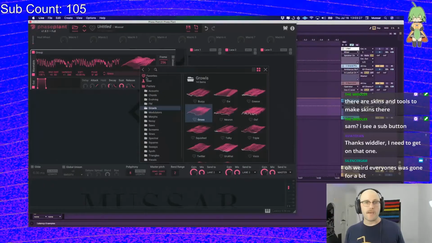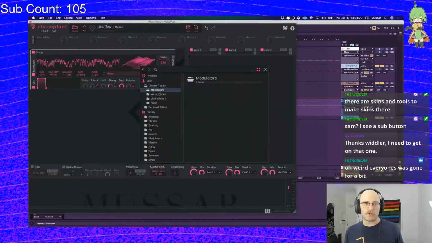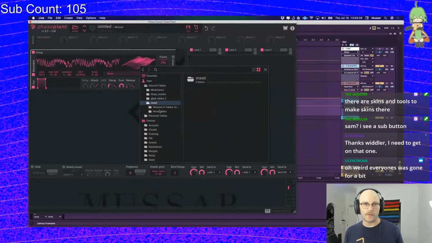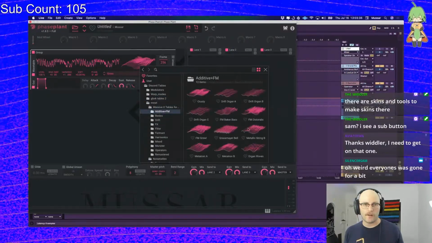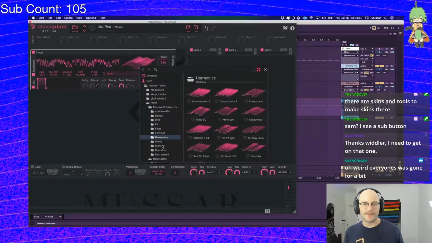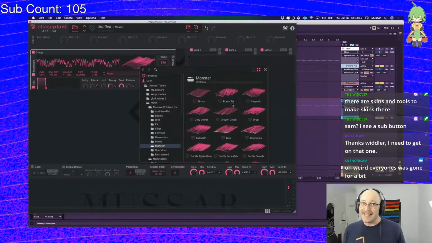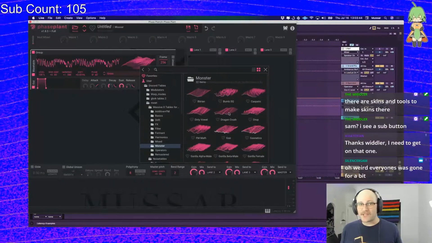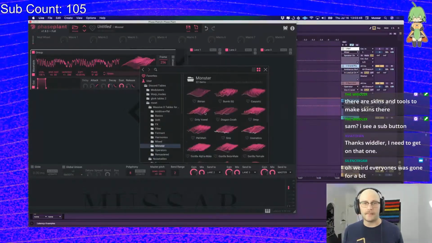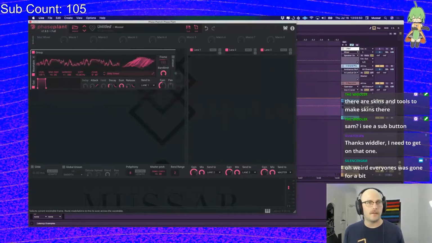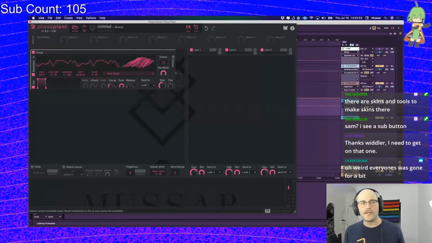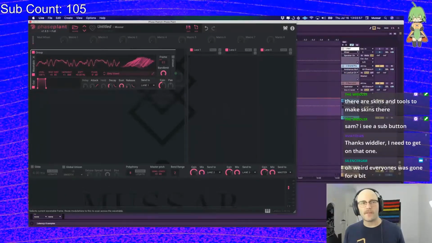Let's look at what maybe a less good table might look like. Let's see if I can find one. Yeah, this will actually be perfect because the Massive X wavetables actually have a lot of this happening. Let's grab Dirty Vowel. Now, do you see how the wavetable is not only moving up and down, but look